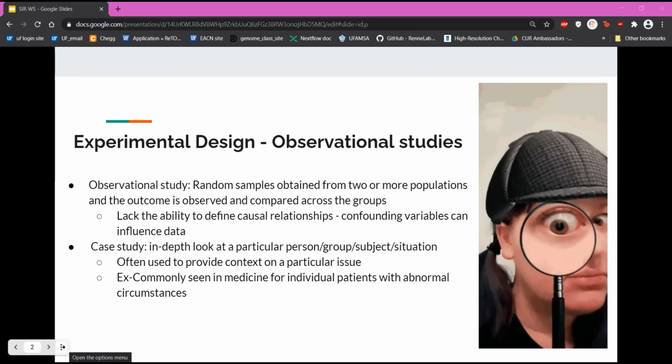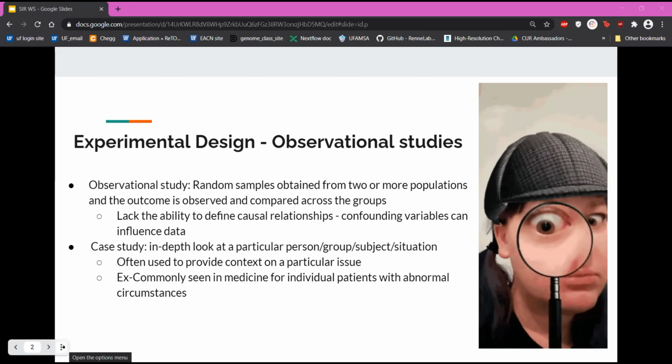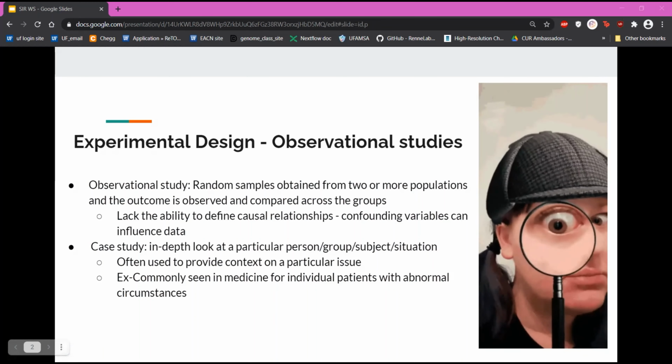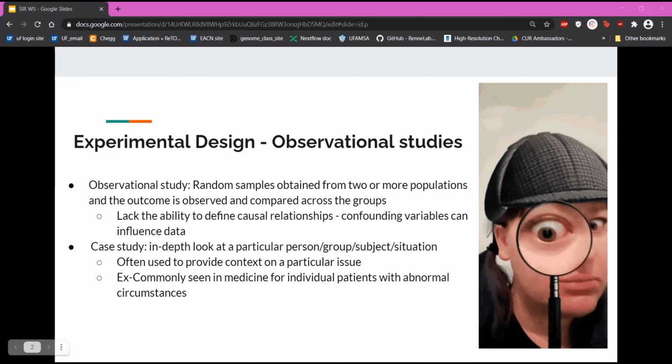Additionally, we have case studies, which is an in-depth look at a particular person, group, subject, or situation. This is often,